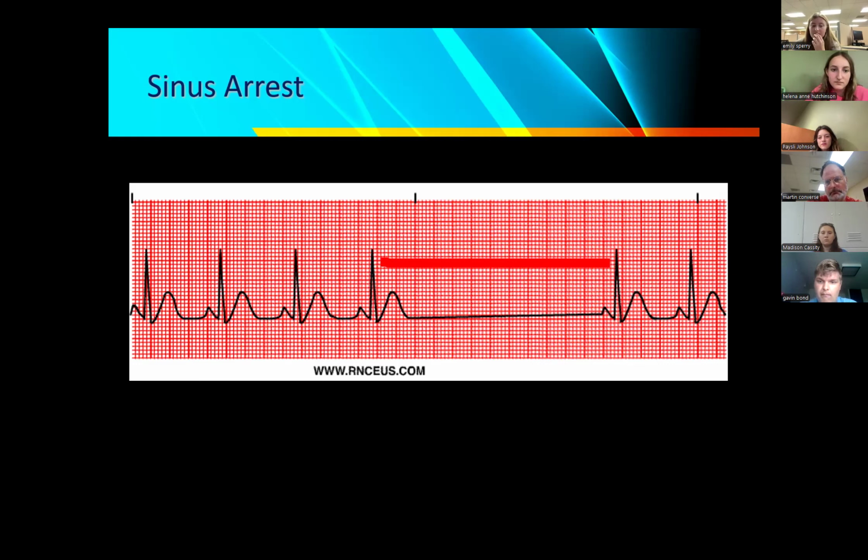Sophia says 1 to 3. Now, Sophia, it can't be 1 because if it was only 1, then it would be what rhythm? Block. Yep, I heard somebody say block. Yep, you're exactly right. So I would say that there is at least 2 and maybe 3 QRSs that are